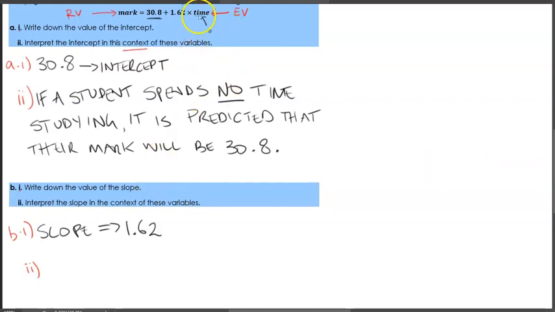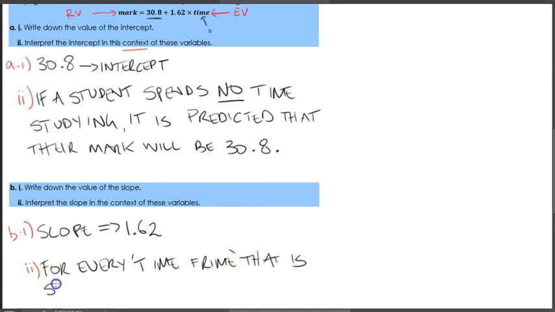So in this case, when we interpret the slope in the context of their variables, it is predicted that for each time frame that a student spends studying, they will be adding 1.62 to their mark. 1.62 marks to their actual overall mark. So you would say that for every, now I'm using the word time frame, for every time frame, and I'll put this in quotation marks. So for every time frame